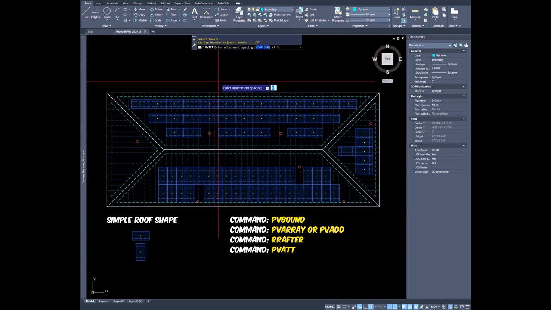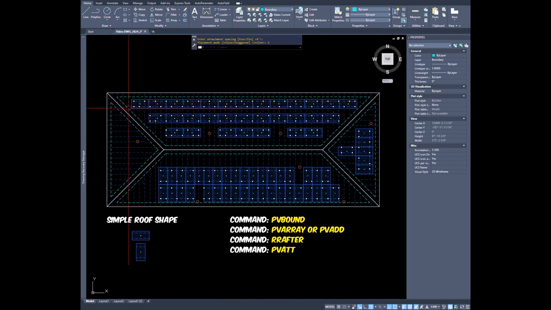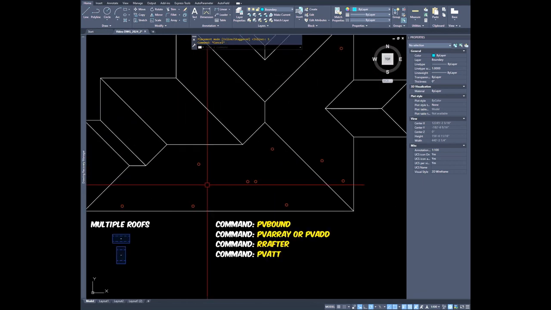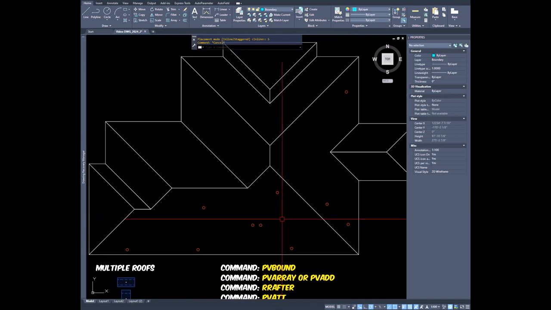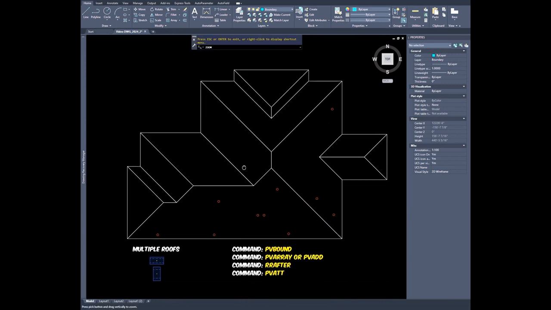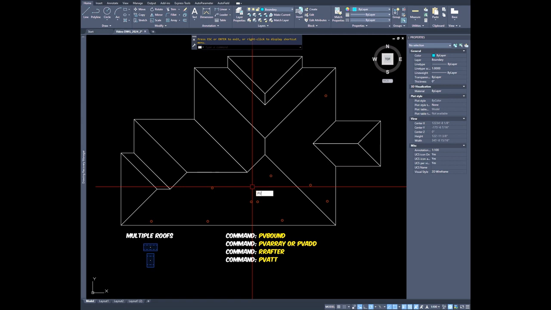Select all the panels, and if they're all 4 feet and staggered, then it just lays out all of our attachments. And we're gonna repeat the process on more complex shapes, so we get an idea of how that works. Let me zoom in a little bit here. Okay, so PVBound